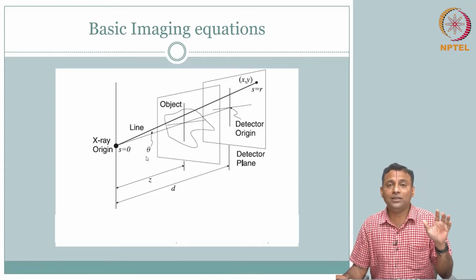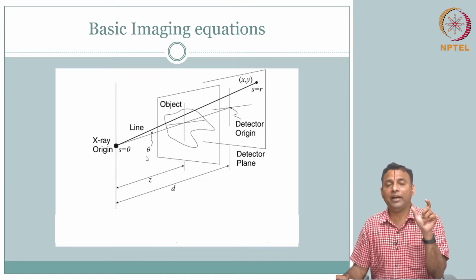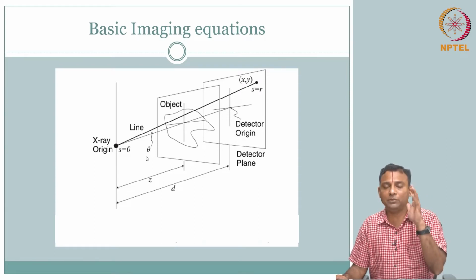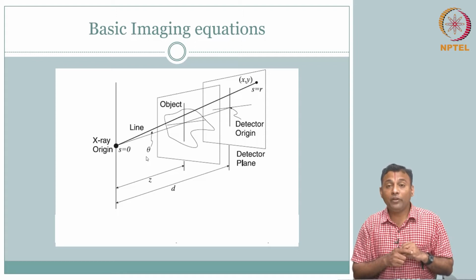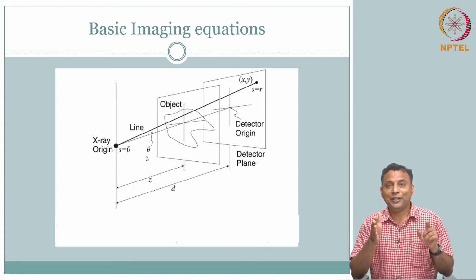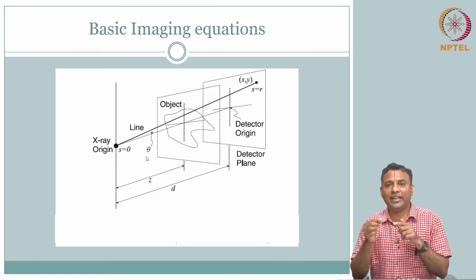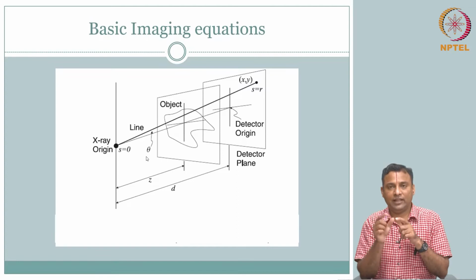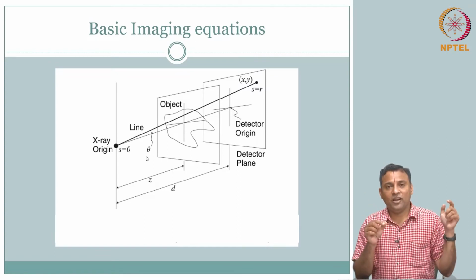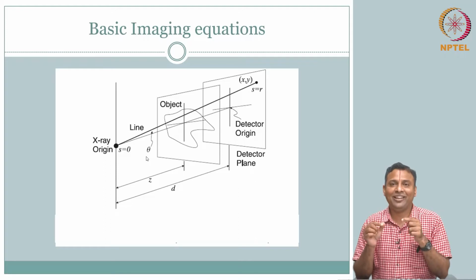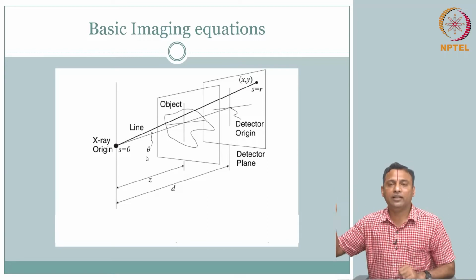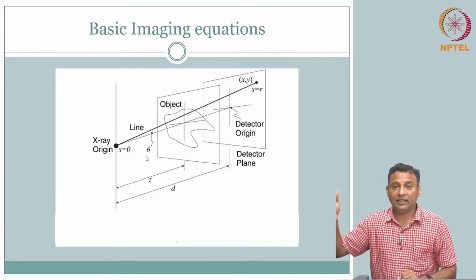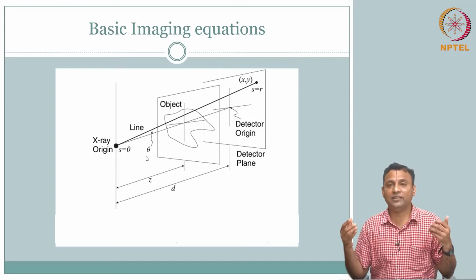The concept is the same, the physics is the same. But now what we need to do is, that law we had, I equals I naught e power minus mu delta x, the exponential decay model, how are we going to account for it? That model pertained to whatever is falling on the material and whatever came out of the material, that is the loss that we modeled. So where all it is falling on the material, where all it is coming out of the material, and what all goes and hits the detector, we need to put that in. That's why it is important.